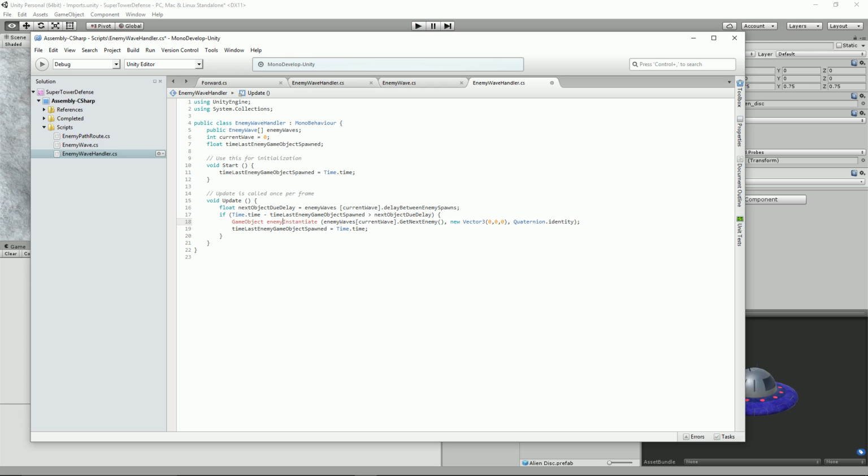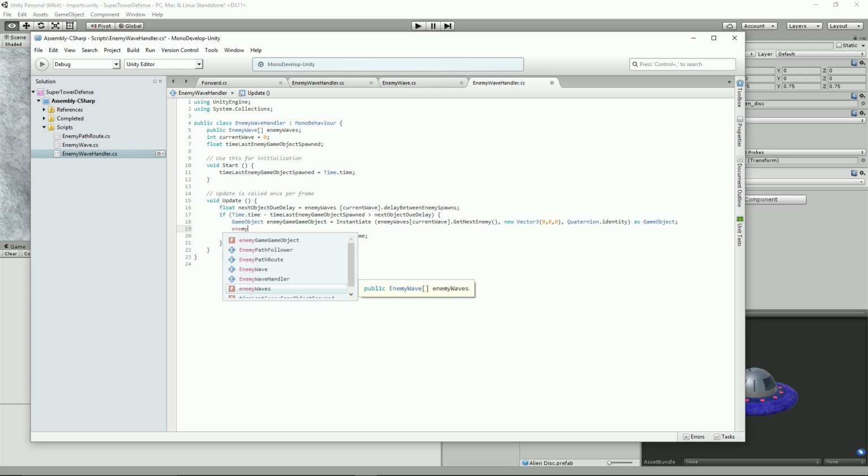Enemy game object. Hang on. Yeah, enemy game object is fine. Equals. There's game object. There we go. Okay, so that's going to be fine there, and then we can say enemy game object dot add component, and